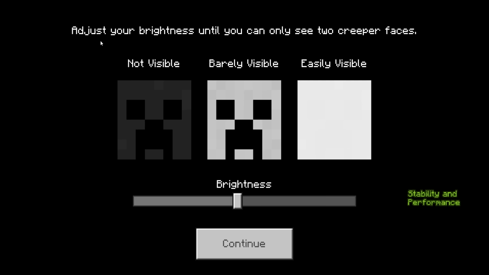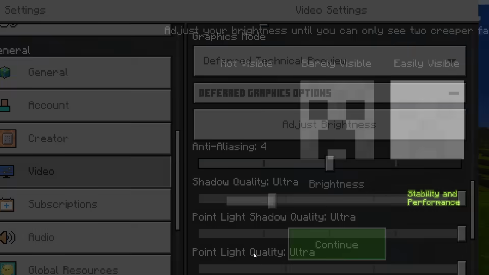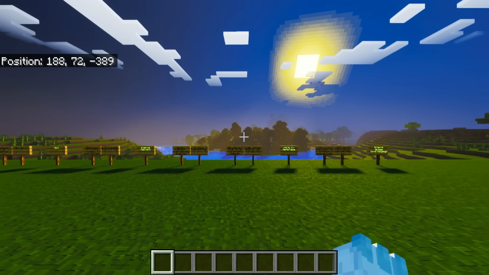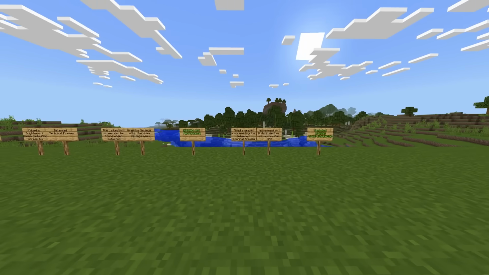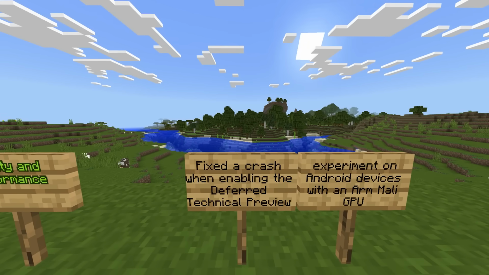Now at the top, it says adjust your brightness until you can only see 2 creeper faces. So you could have this all the way up there or all the way down there. I'm gonna change mine to about there for the sake of today's video. And yeah, so if you guys want to test and try shaders, I'll leave the links down below to the most updated one. And that is because in the official changelog, they fixed a crash when enabling the deferred technical preview